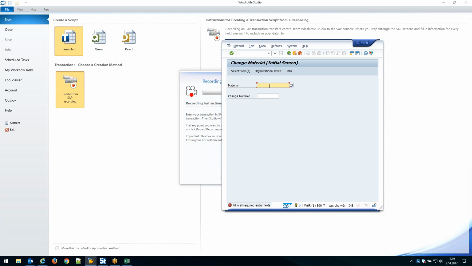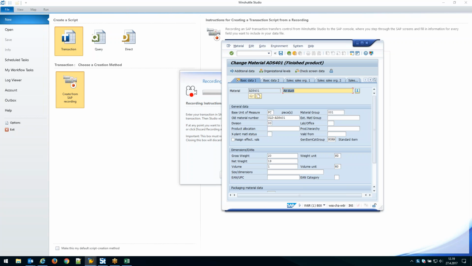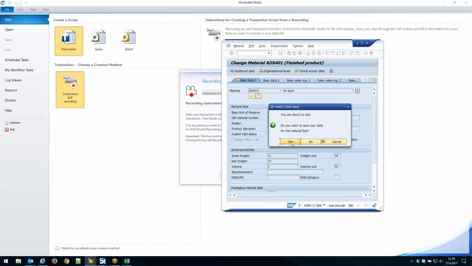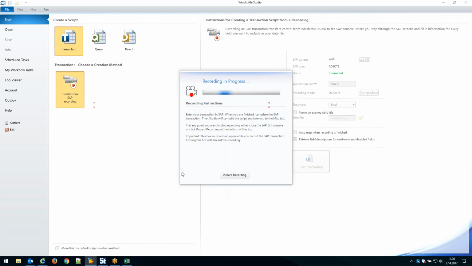So now we are in the recording phase, and I'll just go ahead and pick up a material here, change a couple of values, and that will be basically my sample script. Doesn't really matter, we are mainly looking at the feature and not the actual process itself. So I changed a couple of weight values for a material, then I'm backing out and saving, and then the